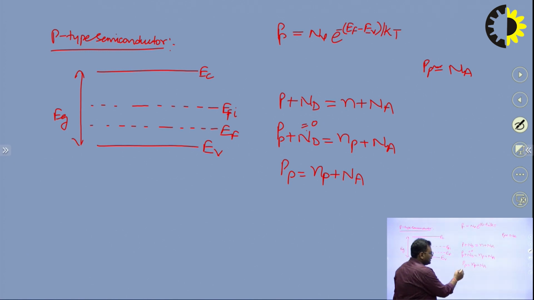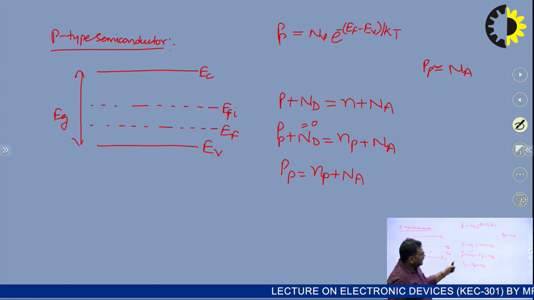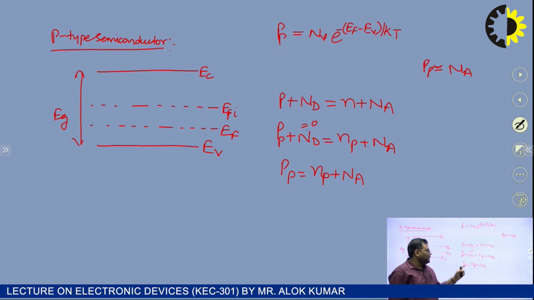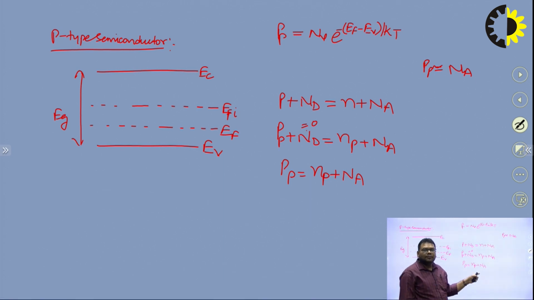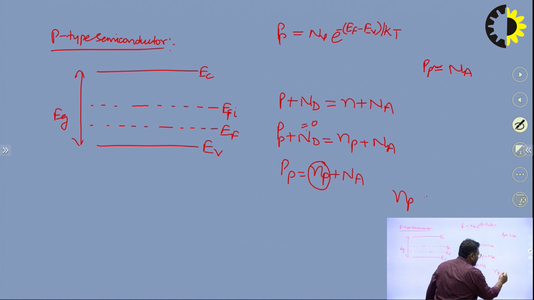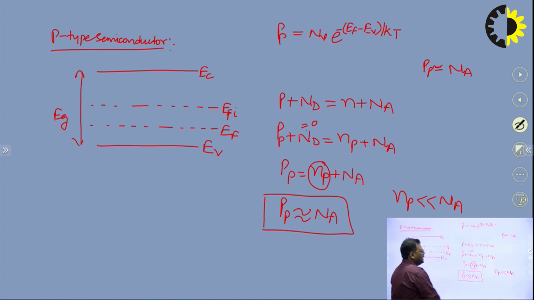Here Pp is the concentration of holes in p-type, so we can say these are the majority charge carriers. Np is the concentration of electrons in p-type, that is, these are the minority charge carriers, and Na are the dopant atoms. So the concentration of Np will be very much less as compared to Na, because these are the minority charge carriers. So this equation can be written as Pp is approximately equal to Na. So this is the law of electrical neutrality, and using this law we can write Pp is approximately